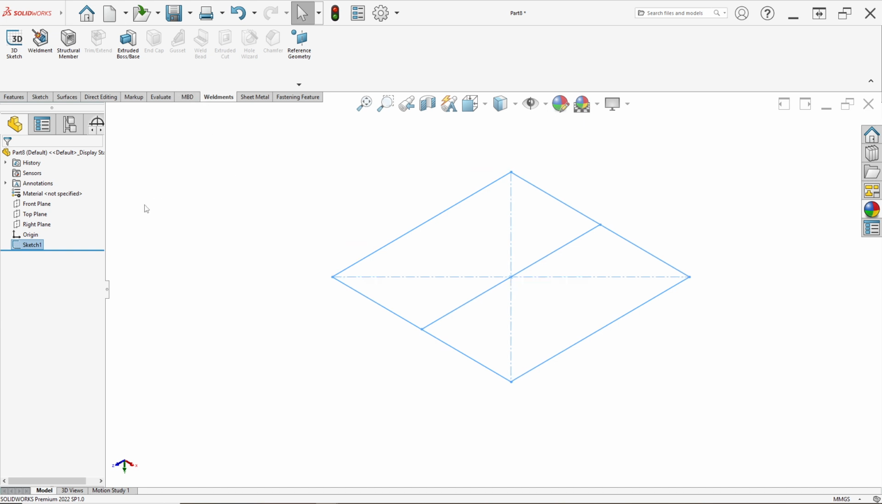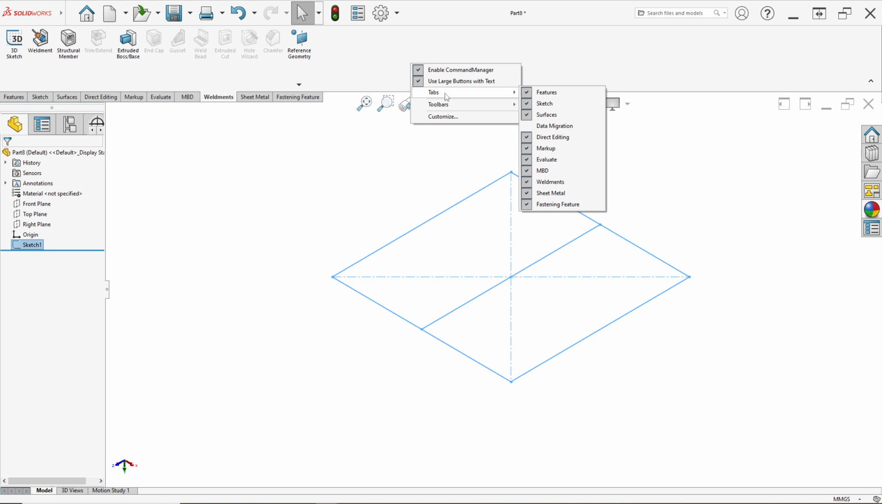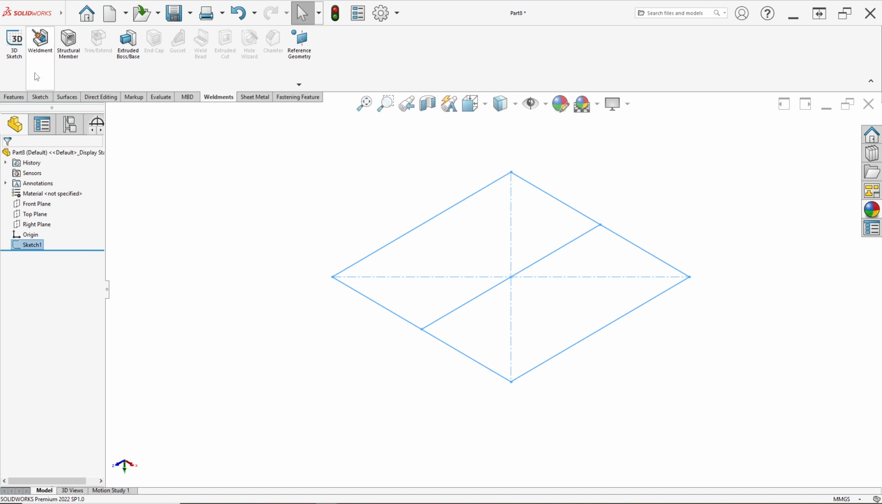Now you can start from Weldment. Just click Weldment on your menu. But if your SolidWorks does not show the Weldment feature, don't panic. Right click, click tabs and select or check Weldment. Automatically you have the Weldment feature in SolidWorks. Just click